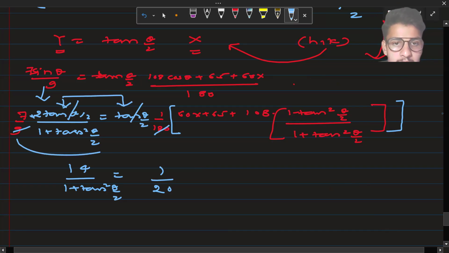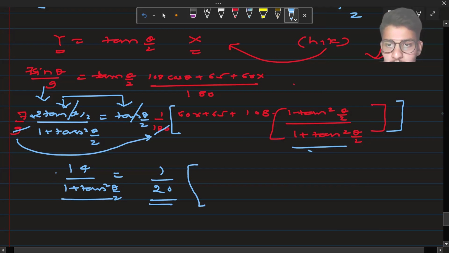And this 90 is getting cancelled by 180 and giving us 20. And 1 plus tan square theta is as it is, and 7 into 2 will give us the 14. And if you solve this, 1 by tan square will get multiplied both places, plus 65 into 1 plus tan square theta by 2